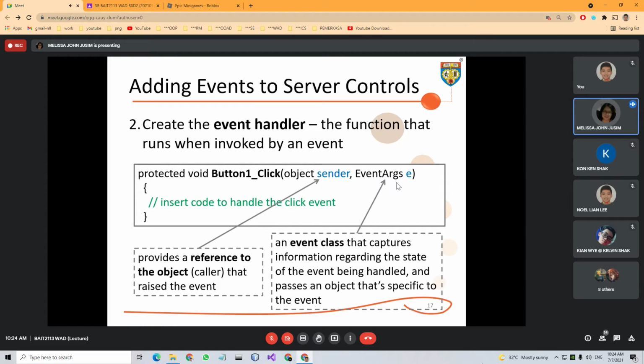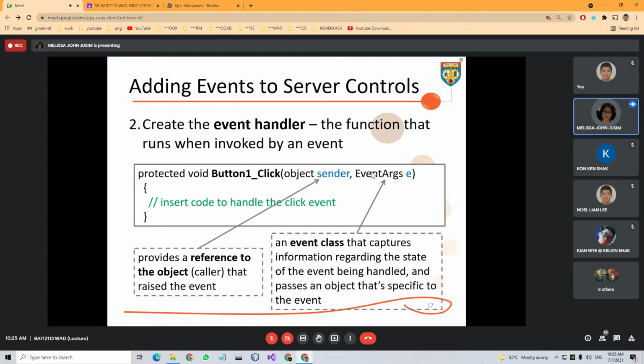Just now I already read the description for it from Visual Studio. It captures information about the state of the event and passes that object that's specific to the event. So this will vary, you can have different event classes.